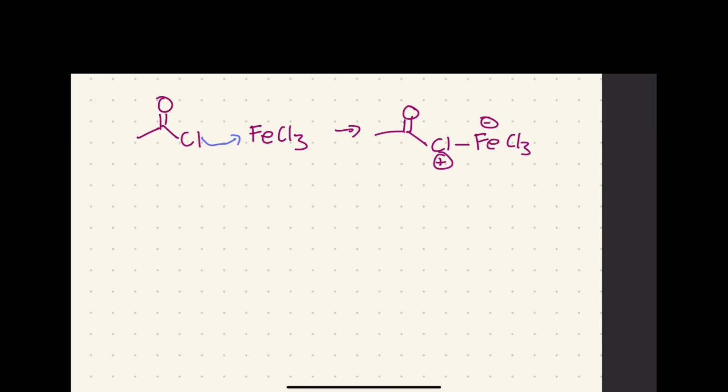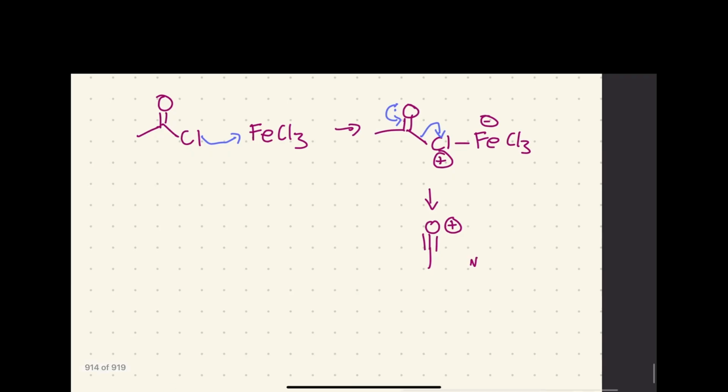But in this case, the electrons are going to come down from the oxygen to kick off the chlorine to make this ion. And here we don't have a formal carbocation, so this is much more stable than C+,